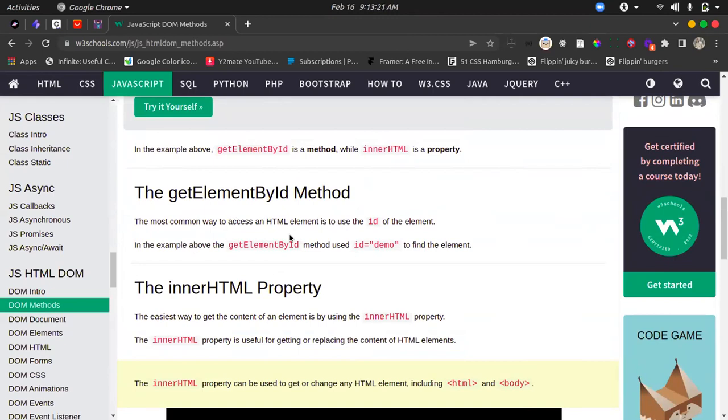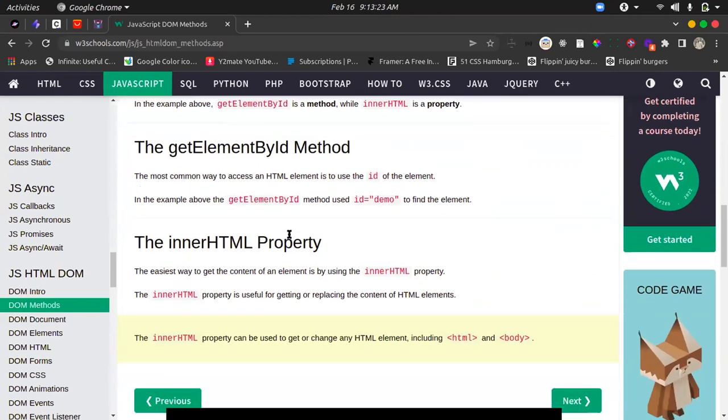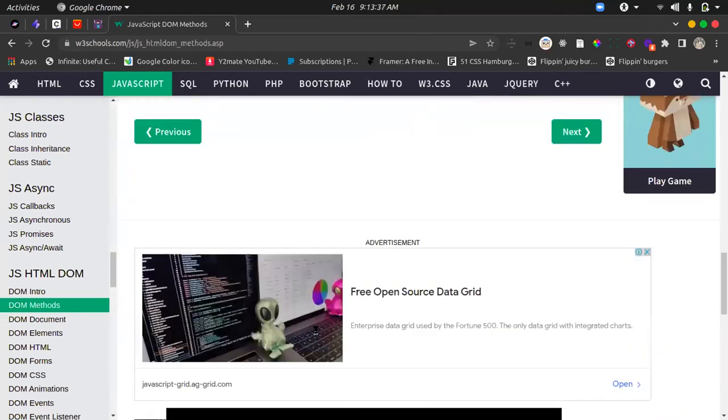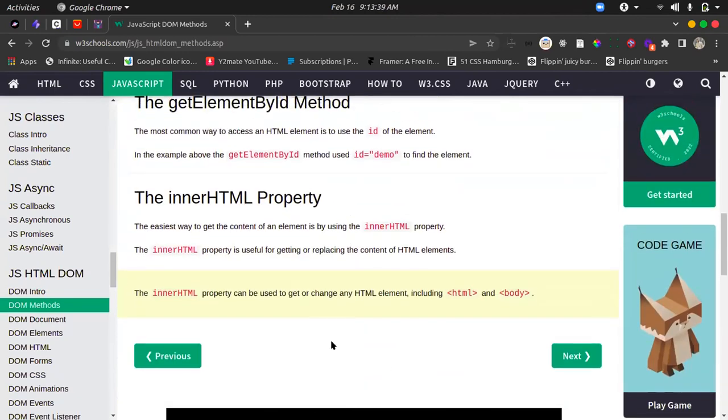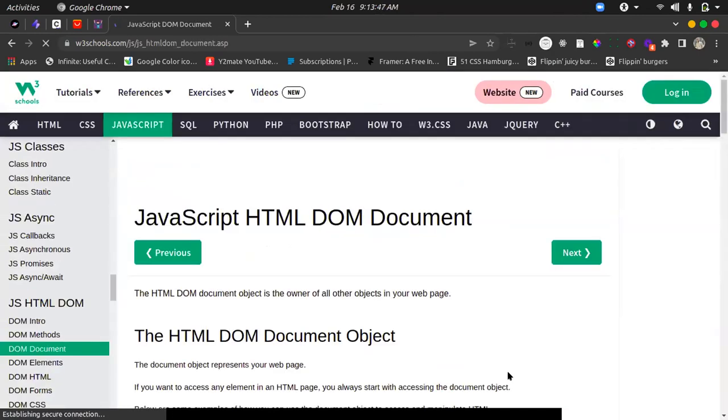So this is what getElementById is all about. Then the inner HTML allows you to get the content of an element and set it. So you can see the easiest way to get the content of an element is by the inner HTML property. So as we move on, as we progress, we'll see stuff like this come up a lot too, and we'll be using it. So the inner HTML just gets what should be inside an element. So moving on